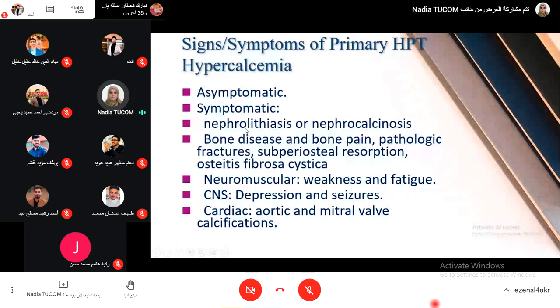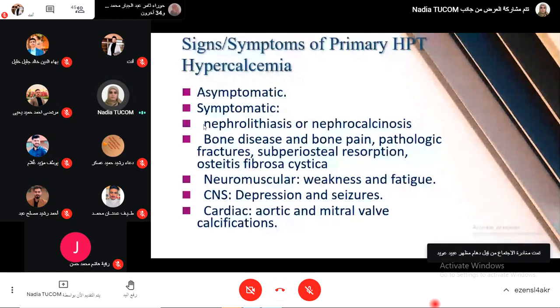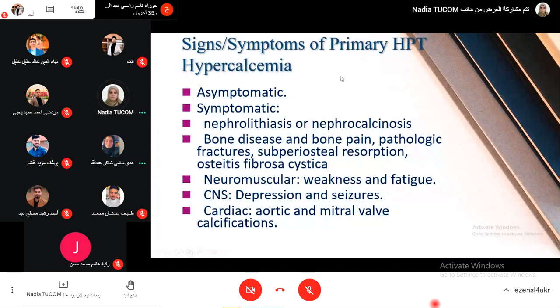Thrones are related to polyuria and frequent urination, related to impaired sodium and water reabsorption. And also groans,